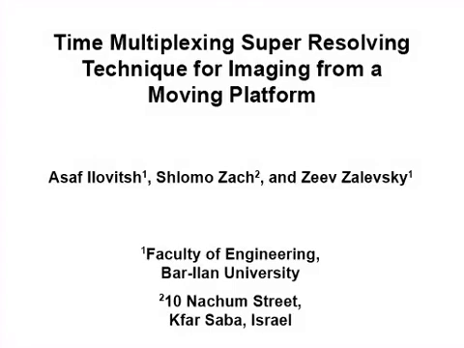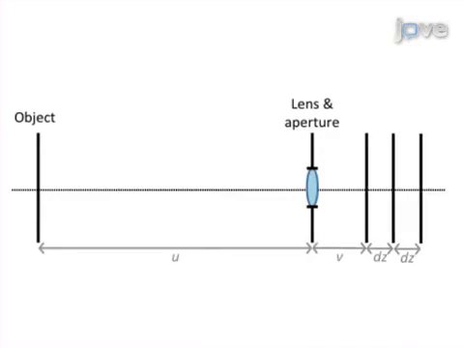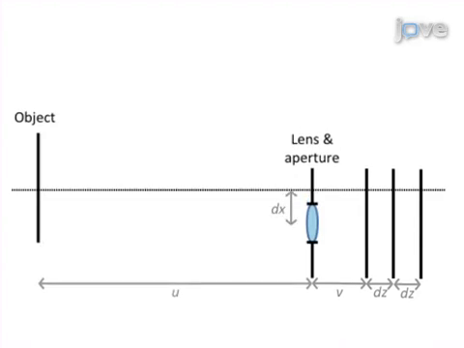The overall goal of this procedure is to synthetically increase the lens aperture of a scanning imaging platform. This is accomplished by first capturing 3 low-resolution, differently defocused images of a target while moving along the optical axis of the system. The second step is to shift the entire imaging system perpendicularly, and then take 3 defocused images